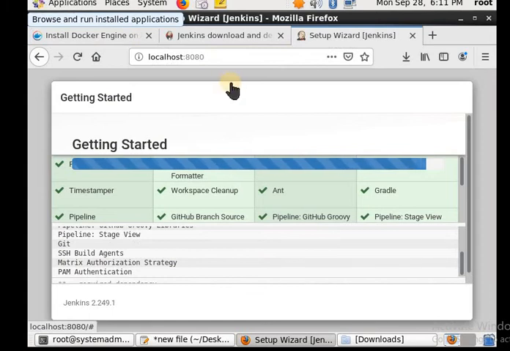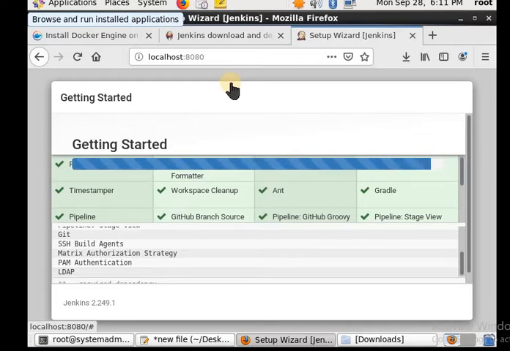It is almost completed, so within 1 to 2 minutes it will complete all the installation.